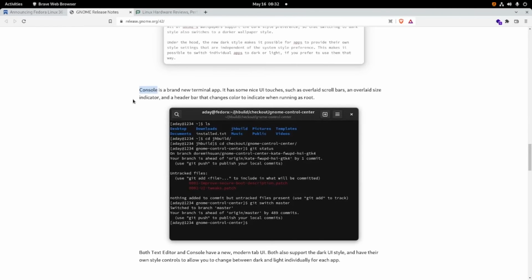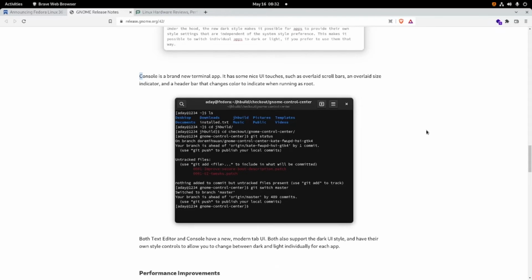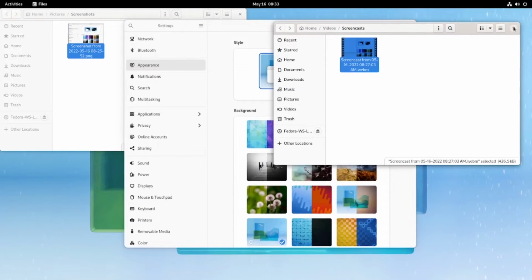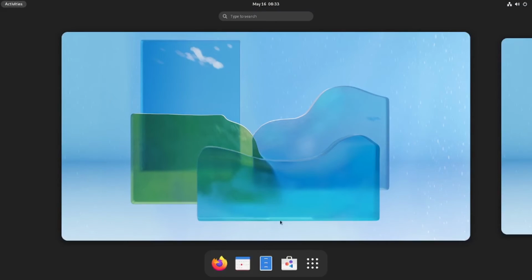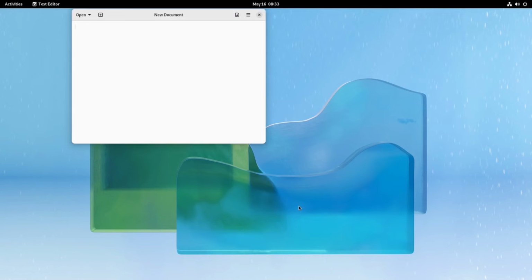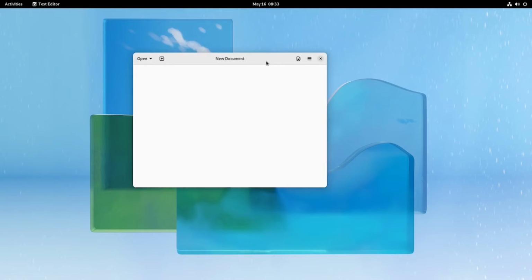In KDE use K, and in GNOME version use C, not K. We will try it. This is the newest default text editor, so there's no gedit anymore.